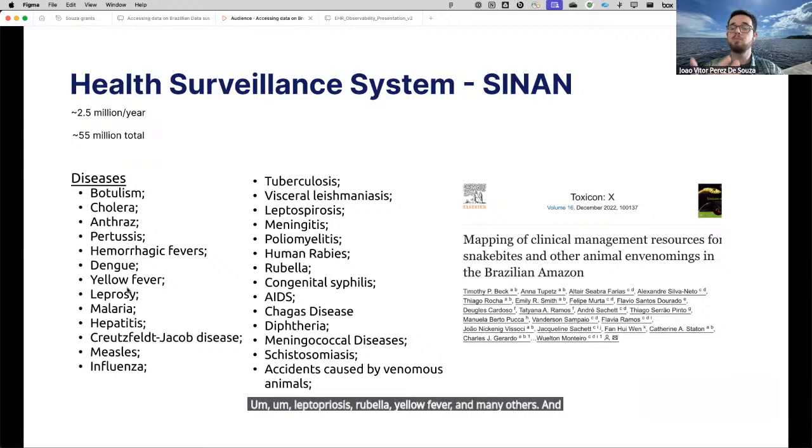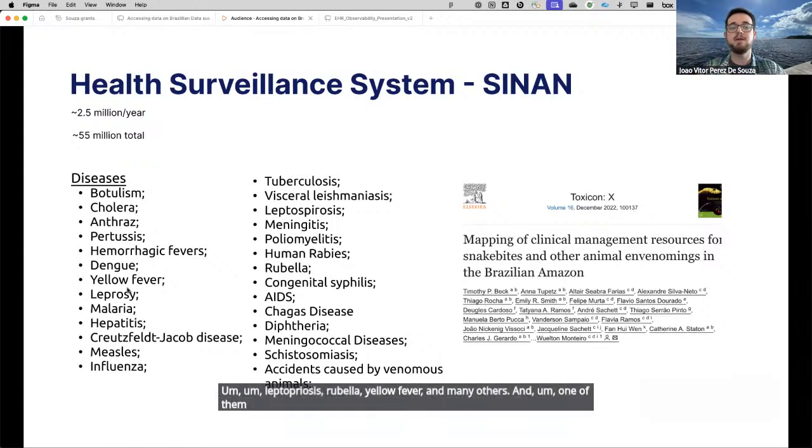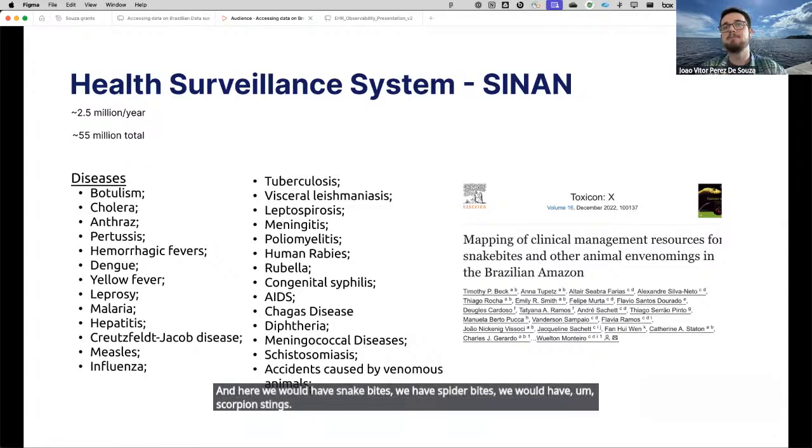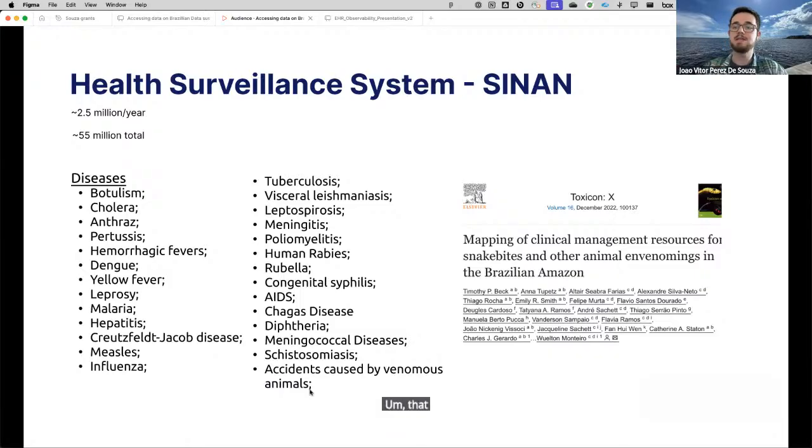And one of them is actually pretty common and pretty widely used in our group, which is accidents caused by venomous animals. Here we would have snake bites, spider bites, and scorpion stings that are captured across the country.